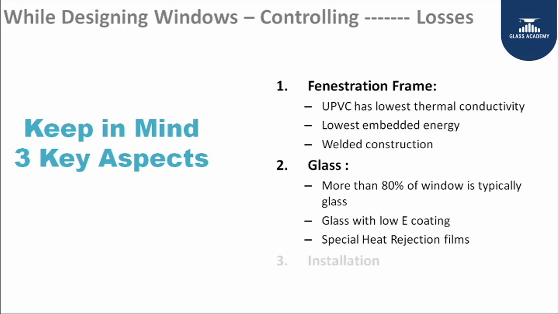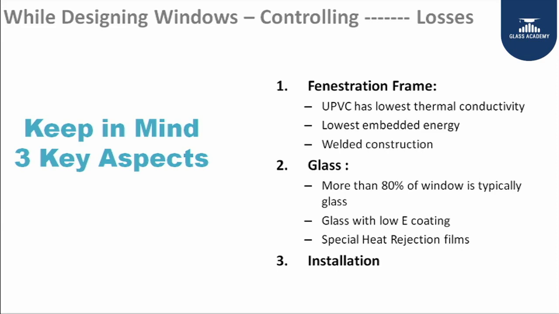And the third thing, we call installation. Though in most places we do not talk about installation, you might have a very good window design, a good material selected for frame and glass, and it is manufactured in world class factories. But if you do not install it correctly and do not seal it between the aperture and the window, ultimately whatever you wanted to save leaks through those gaps. So, installation plays a very vital role in designing a window and for controlling any type of losses or enhancing the insulation characteristics.